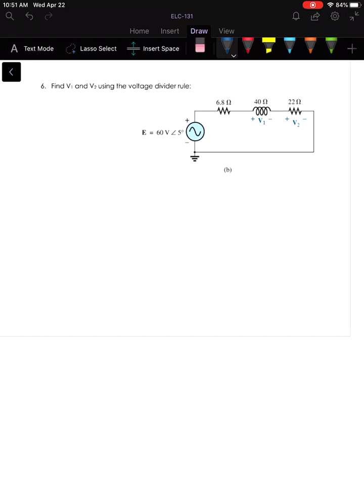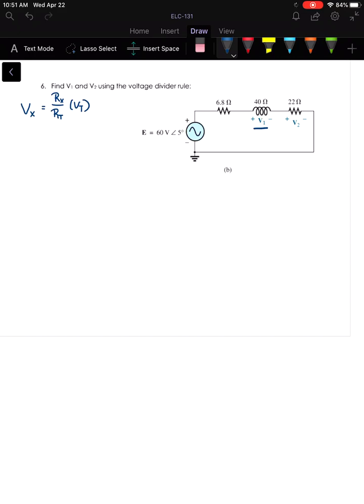The voltage divider rule that you learned for DC applies for AC as well. And remember what the voltage divider rule said was that if you're looking for the voltage drop across some element or some portion of your circuit, it is directly proportional to the resistance of that portion of the circuit to the overall resistance as well. So that would be Rx divided by the total resistance of the divider circuit times whatever that total voltage is